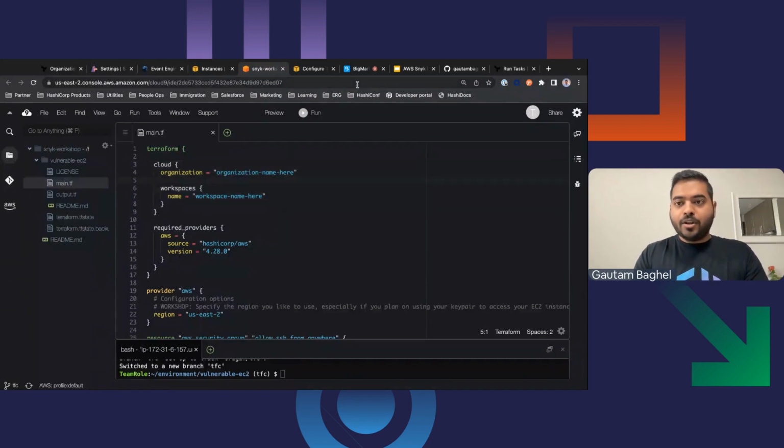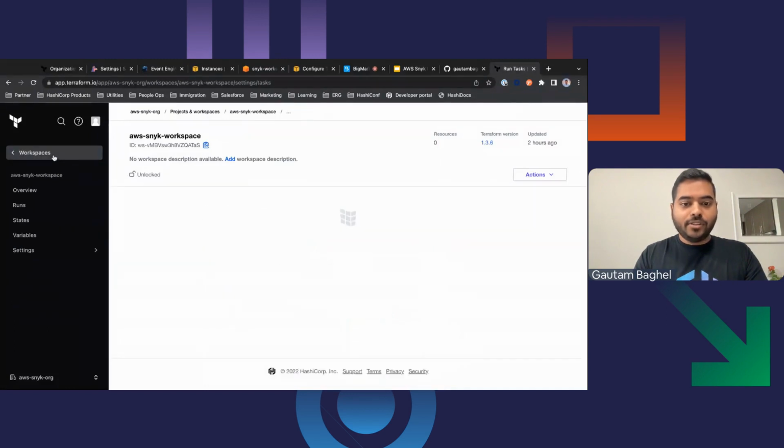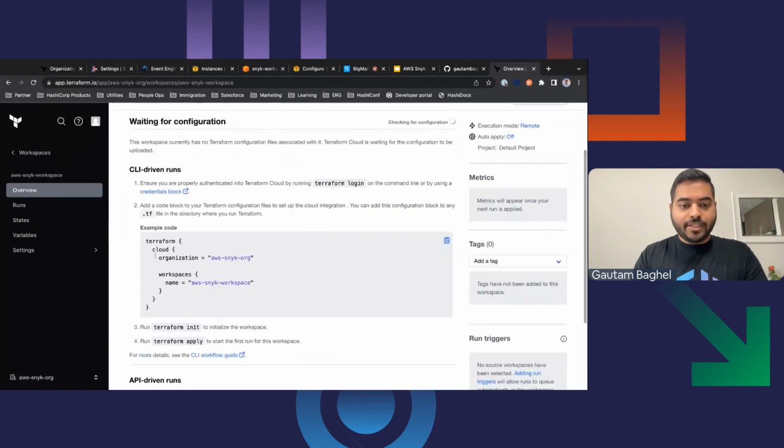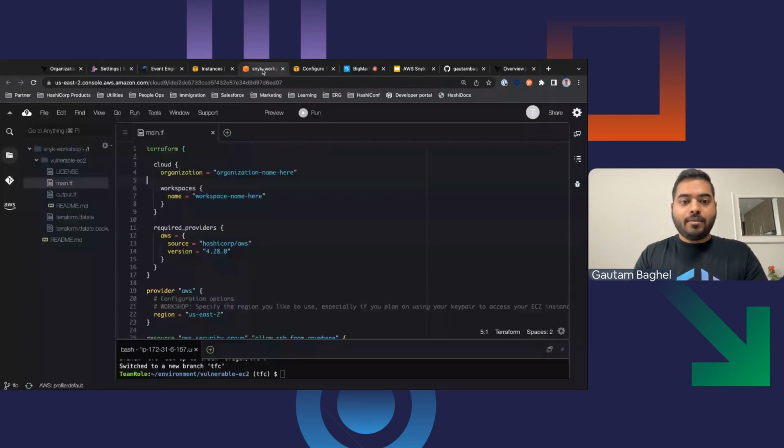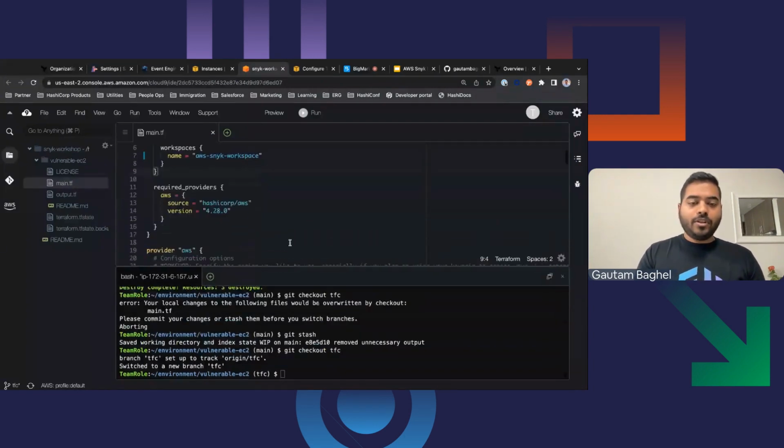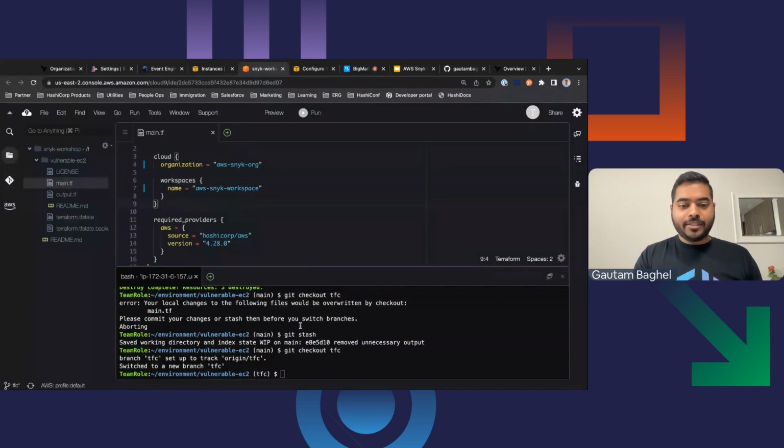So I'm going to go back to my Terraform Cloud and get the values. Okay, this is the same exact block that was added here. So you know what? I'm going to just copy this whole thing and paste it right here. There we go, so that I don't have to manually type. If you want to type, go ahead. So that's all I needed to do, right? That's it. So I can run the same commands now.